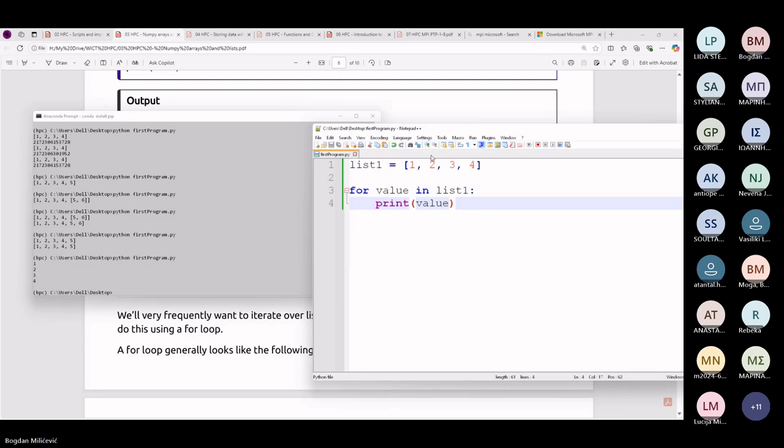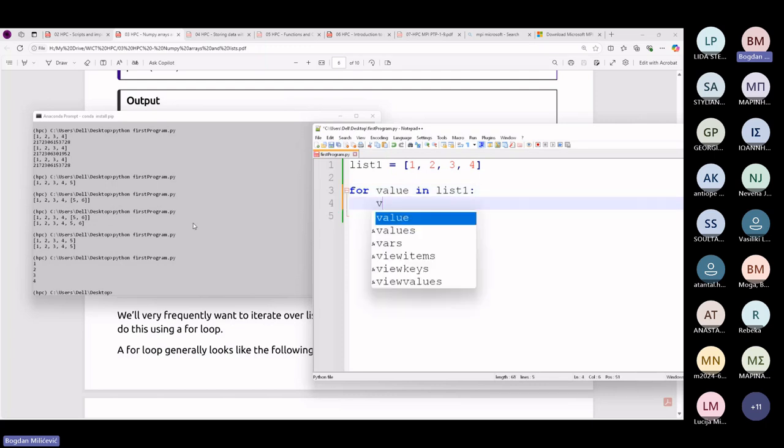list 1 has these elements 1, 2, 3, and 4. And then in the third line, we are using a command called for. Then we can name the variable as we like and name it value. In a list, what does this do? This for loop is iterating through the list one by one value, and then it is performing tasks that are written here. For example, let's say we can